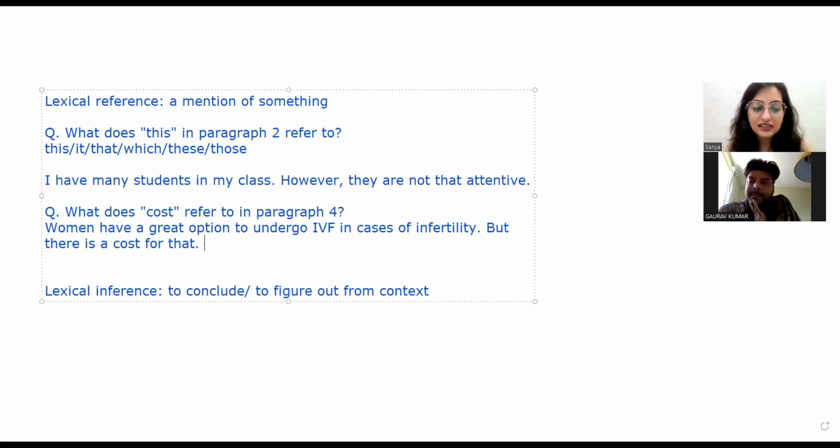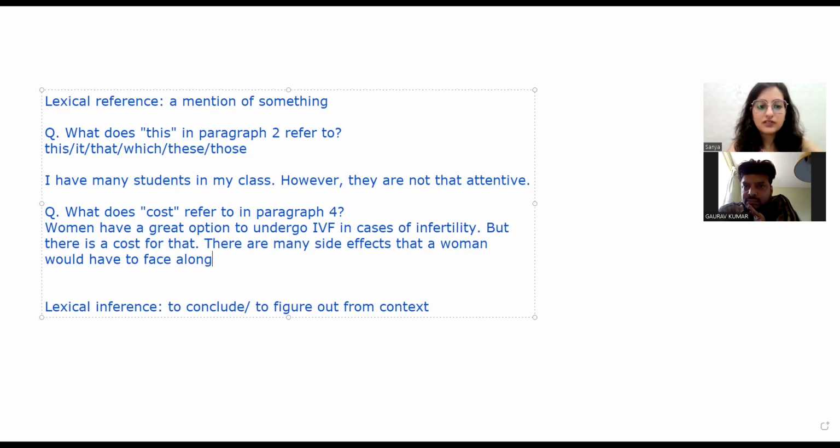Now, it can be mentioned in the next line. There are many side effects. The side effects of the cost. Exactly. Now, if I also say along with financial burden. Yeah, so the cost can be the side effect, the financial burden. If either one of them are mentioned in the answers, you will